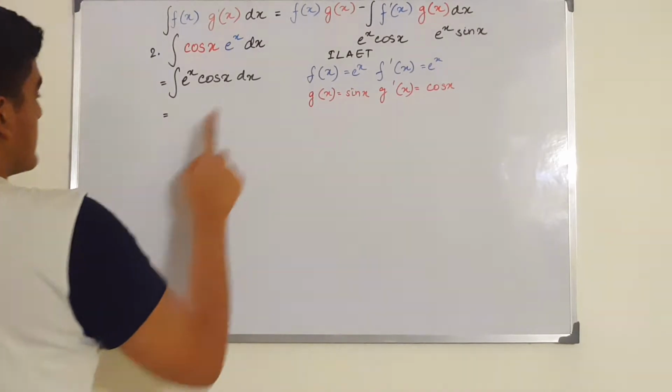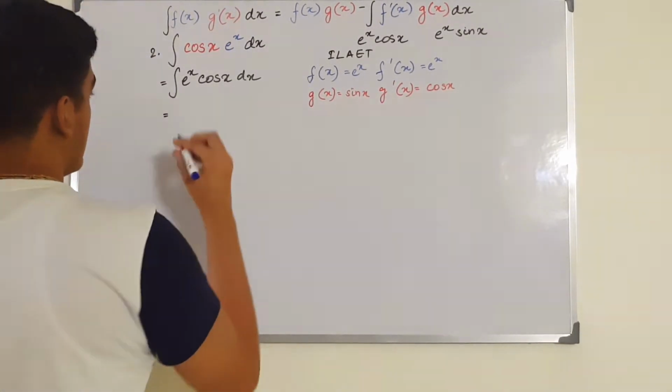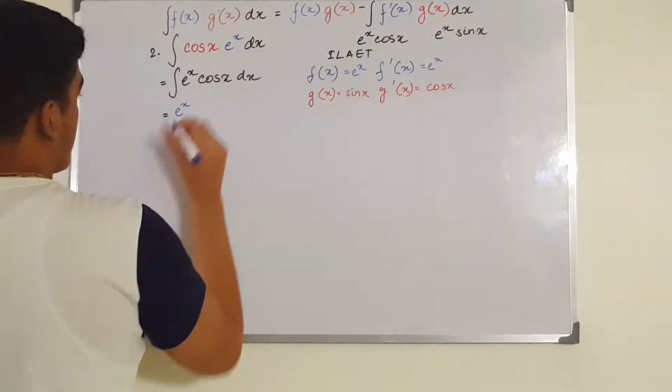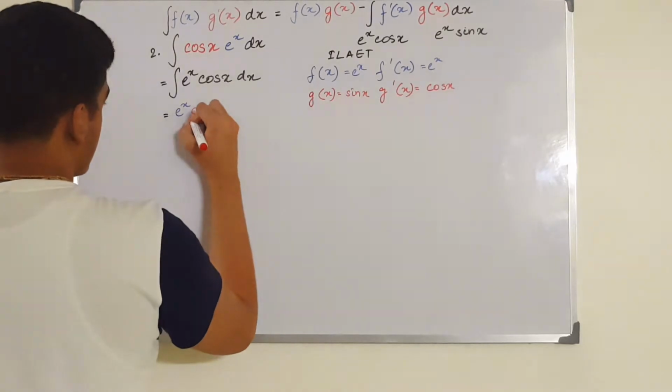And so this is going to be written as e to the power x sin x